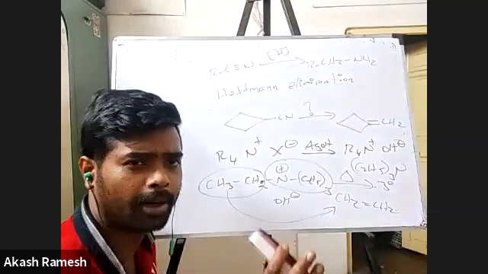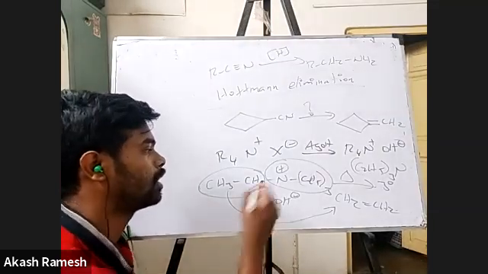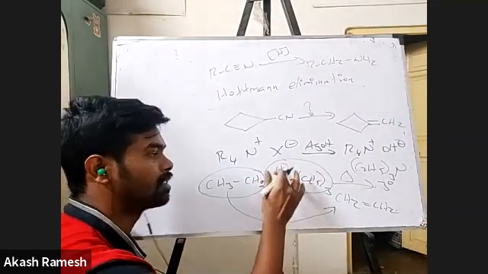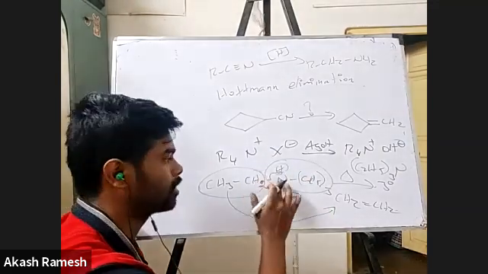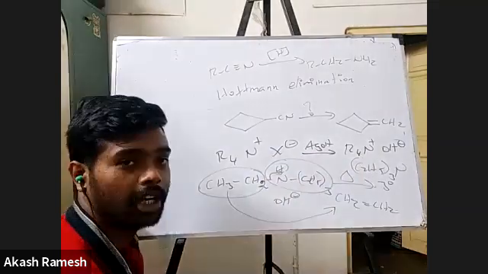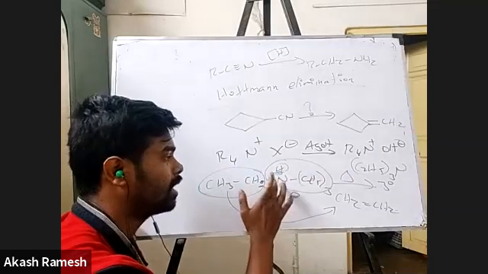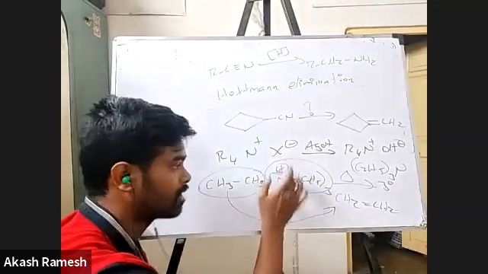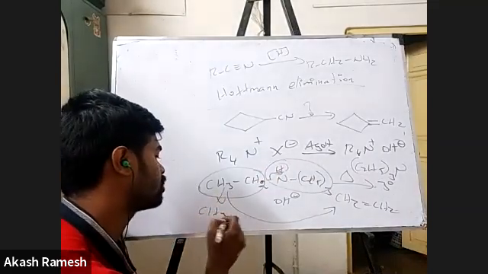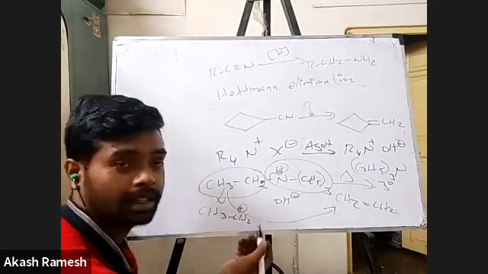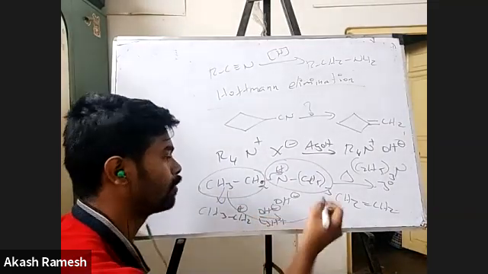Now there are certain things you have to understand from this. Mechanism again is not important, but if you want it, it's pretty simple, guys. There's a positive charge here, so you will break this bond, and form (C2H5)3N. OH- you leave. Now this bond is broken heterolytically, so plus and minus get cancelled. What will be remaining is CH3CH2+, a carbocation. In the presence of OH-, I'm going to remove an H+ to form this particular compound.